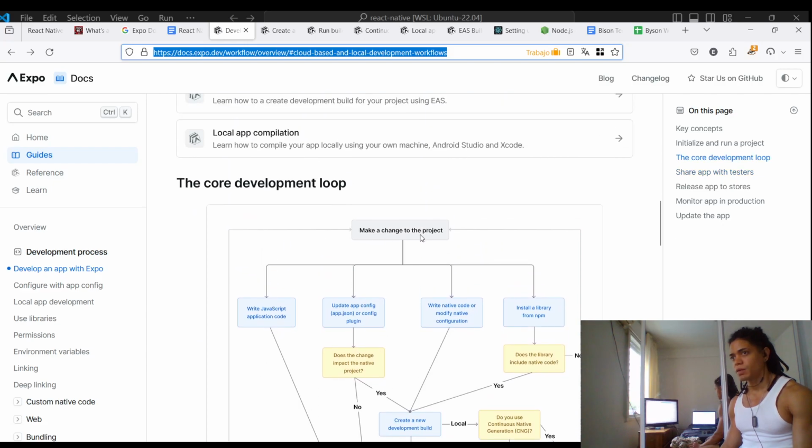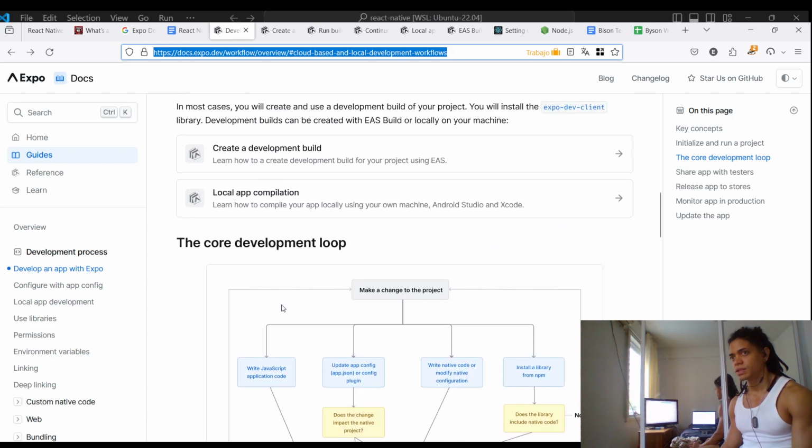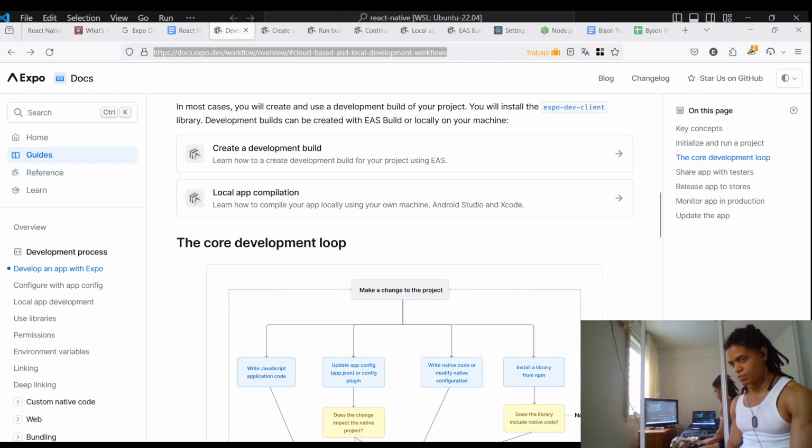Exactly. Make a change to the project, write JavaScript application code, and see that change. So in our case, if I say npm run web,